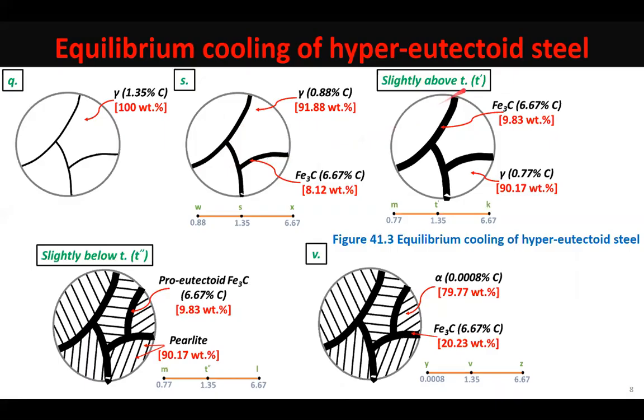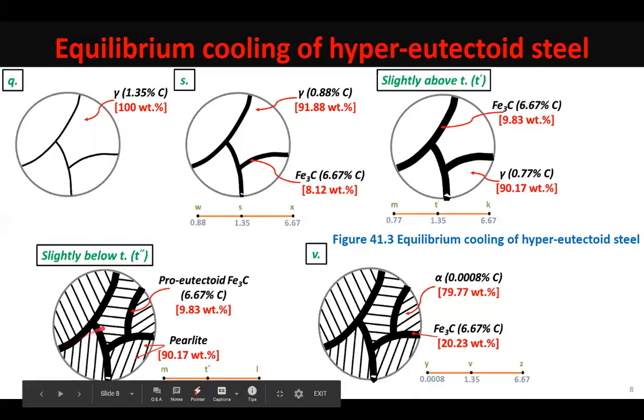As cooling proceeds and you reach a temperature slightly above the eutectoid temperature, the maximum amount of this pro-eutectoid cementite would be seen, and its amount has increased from 8 to 9.83%. So just after the eutectoid reaction, all austenite will transform to this lamellar pearlite, and this pro-eutectoid cementite remains as such. And now when you move from the eutectoid temperature to about room temperature, the only big change is that this ferrite,